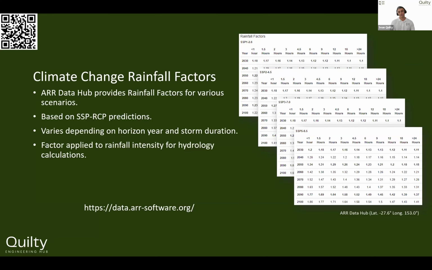Typically for stormwater pit and pipe or stormwater culverts, we're designing for a 100-year design life. So we should be looking way out beyond year 2100. Some councils, I know Brisbane City Council, I believe we need to design for a 150-year design life. So we're going even further than what we can even predict for climate change. So keep that in mind.